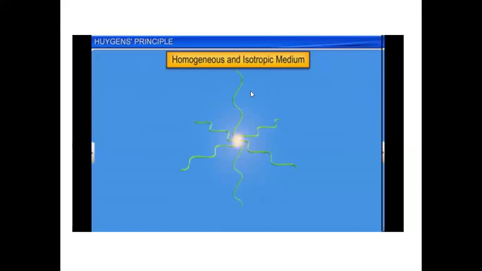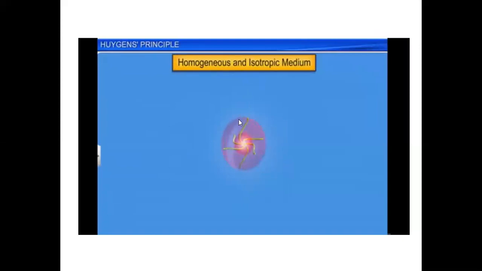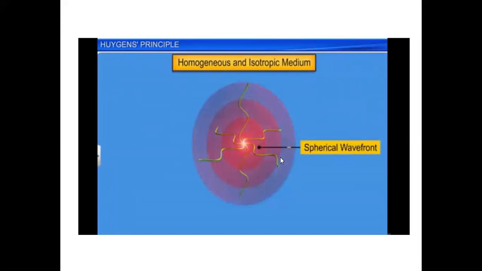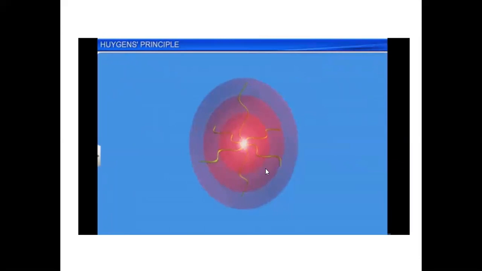Okay, so from the source of light, these waves will be traveling in all directions. And if you collect all the crests and troughs, imagine that you can switch off the light at a particular instant, when the second crest is produced. All the second crests will have been produced in all the directions. Now, if you collect all these points, you will get a spherical wavefront, right? So it produces a spherical wavefront. Suppose you end it at the second crest, you will get a spherical wavefront. If you allow the light to grow further, you will get another wavefront, right? The next wavefront.